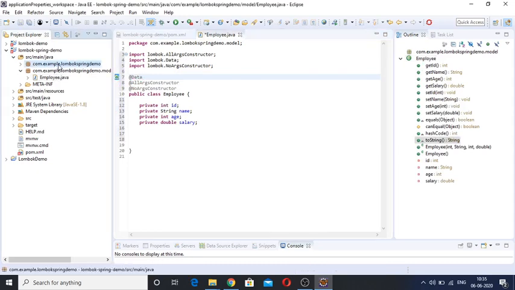Now I'll make one repository class, and I'll initialize this Employee class.